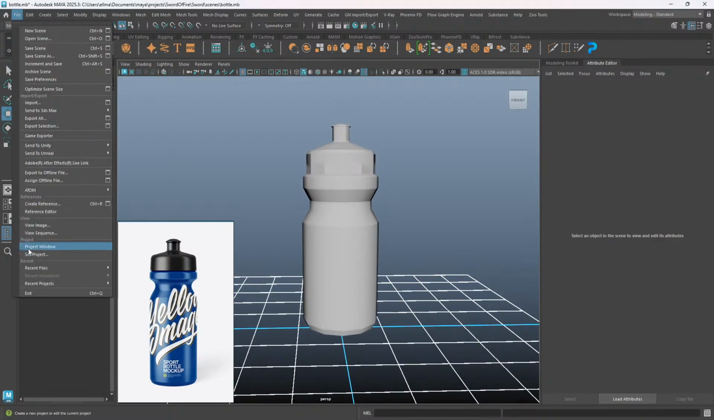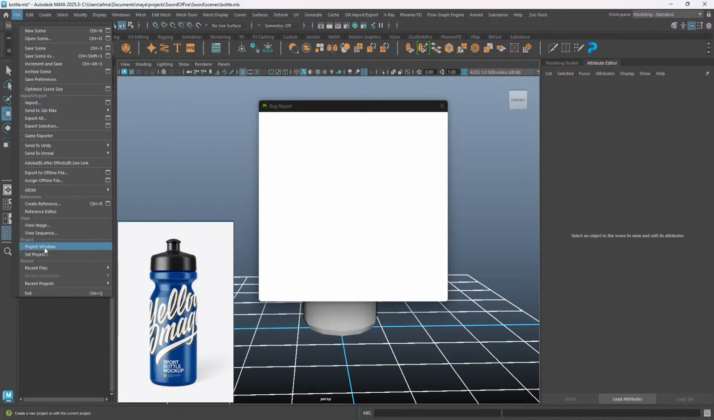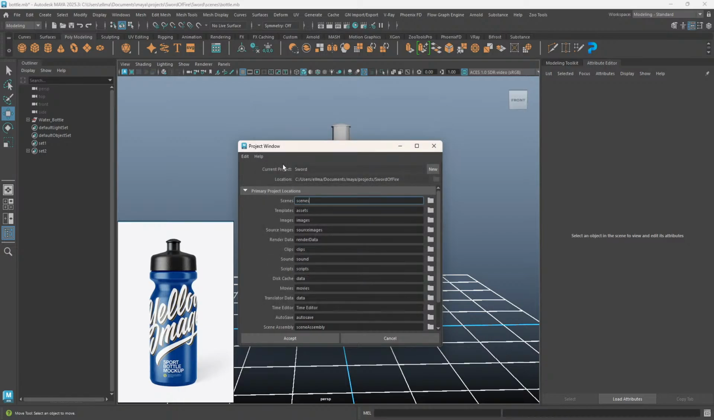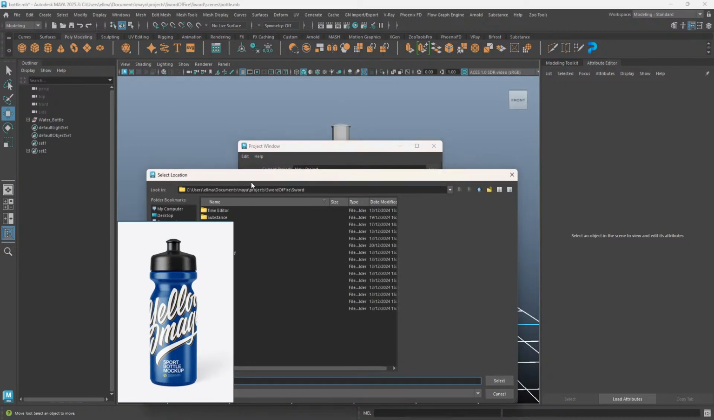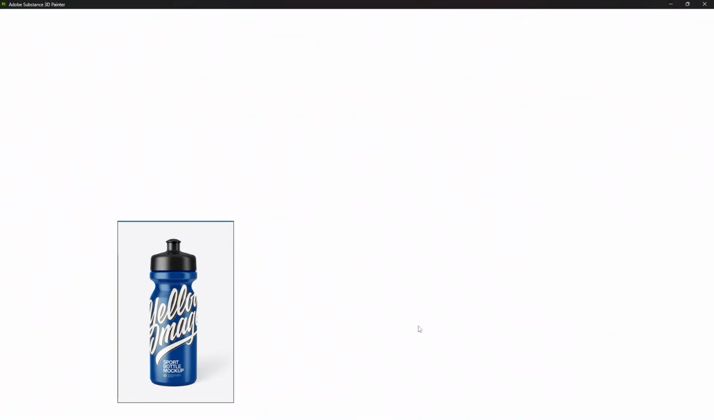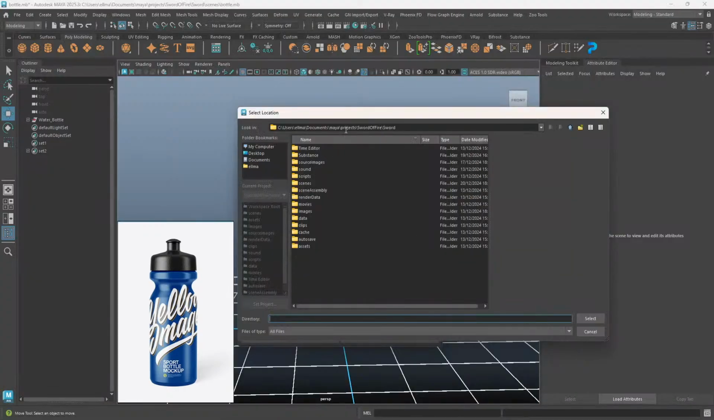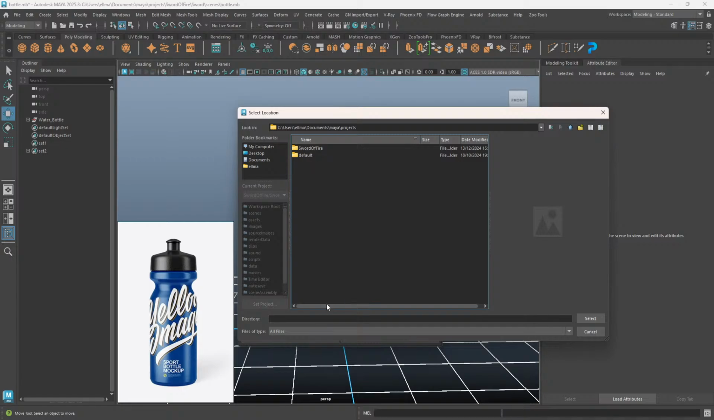I couldn't do that. So let's go to File and let's go to Project Window. Just cancel. Let's go to Project Window. I already have this. I'm going to create another new one. Click here and click here, then I will go into Documents, Maya, and then Project. From here, I'm going to create a new folder, and I'm going to name this to